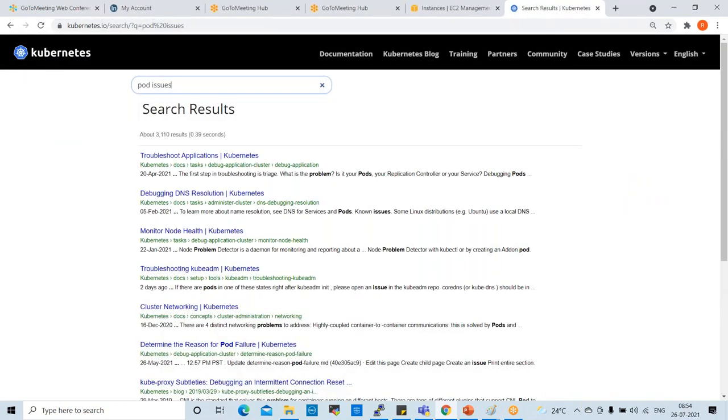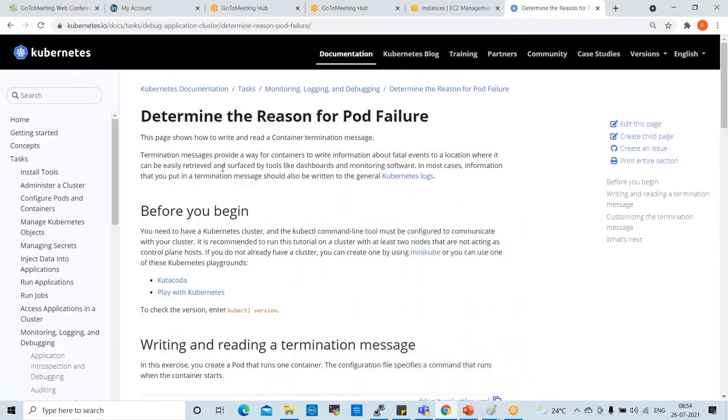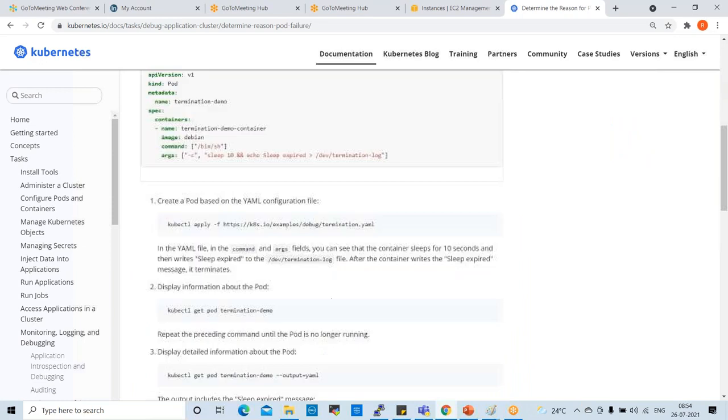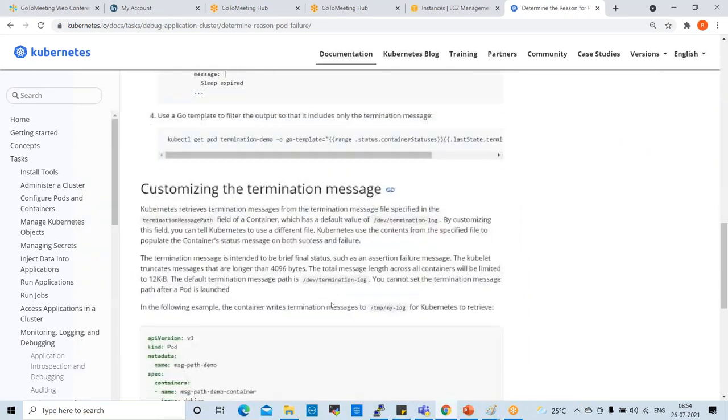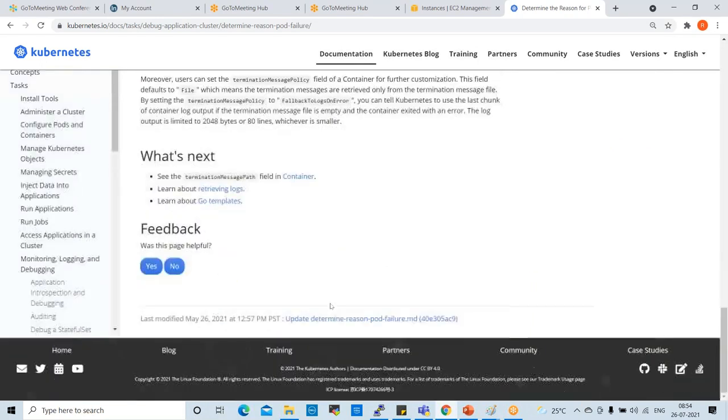You will get all the pod issues, whatever issues people who are working on Kubernetes regularly get, they update here. See here, determine the reason for pod failure. Open this, you can check these details. You will get very good information here.